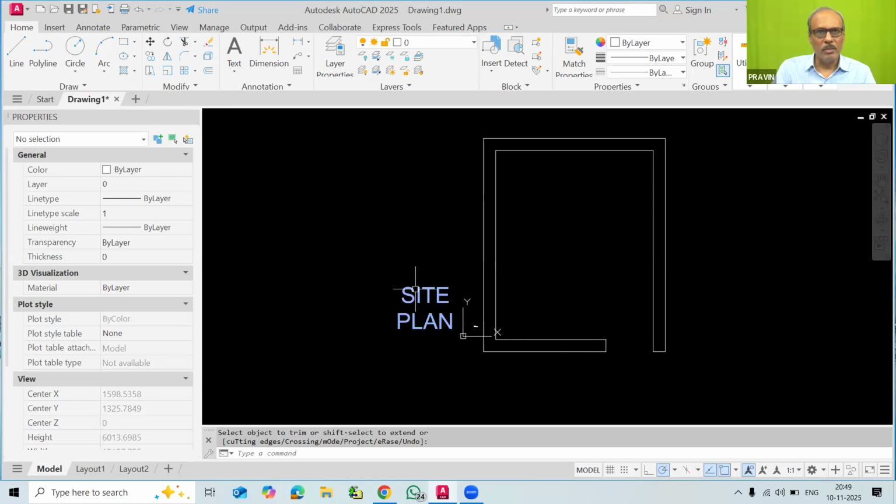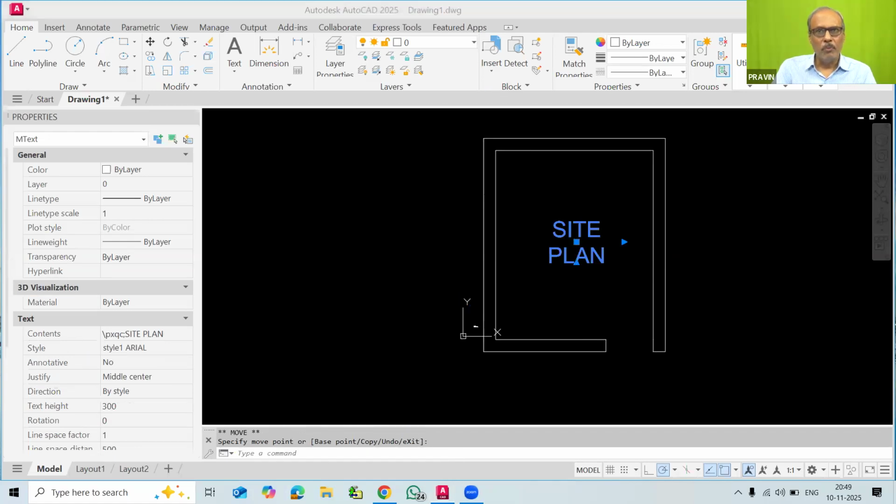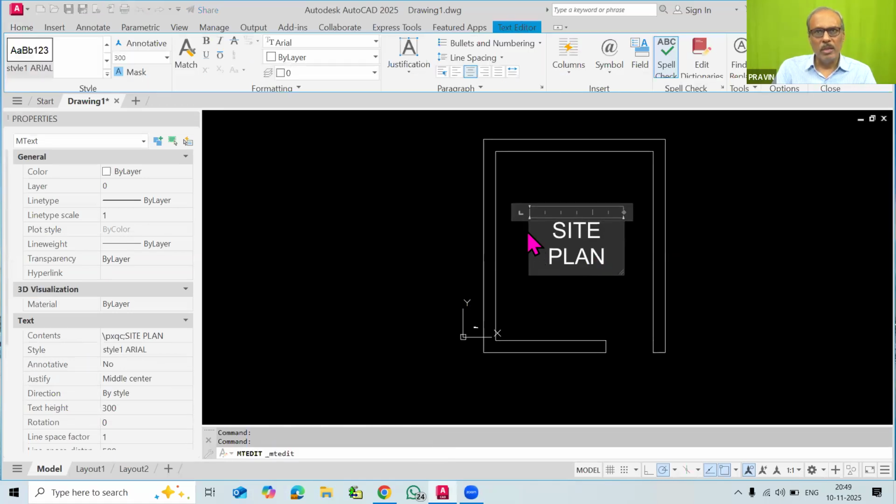Suppose now I want to edit that. I will just click here. That is the grip mode, and now I will press the space bar. That is the move command, and now you can make this at the center. In this way, you can now edit this for the room name. You can just select this and now type here.